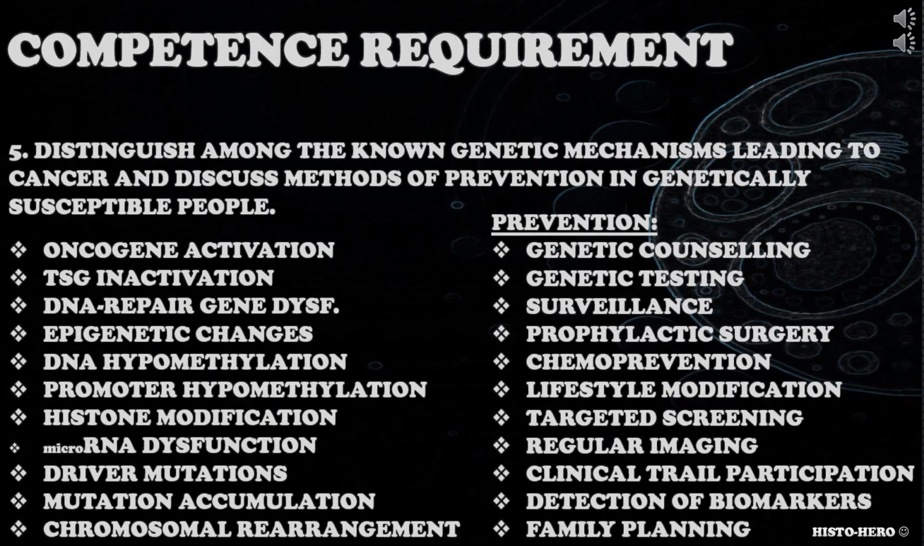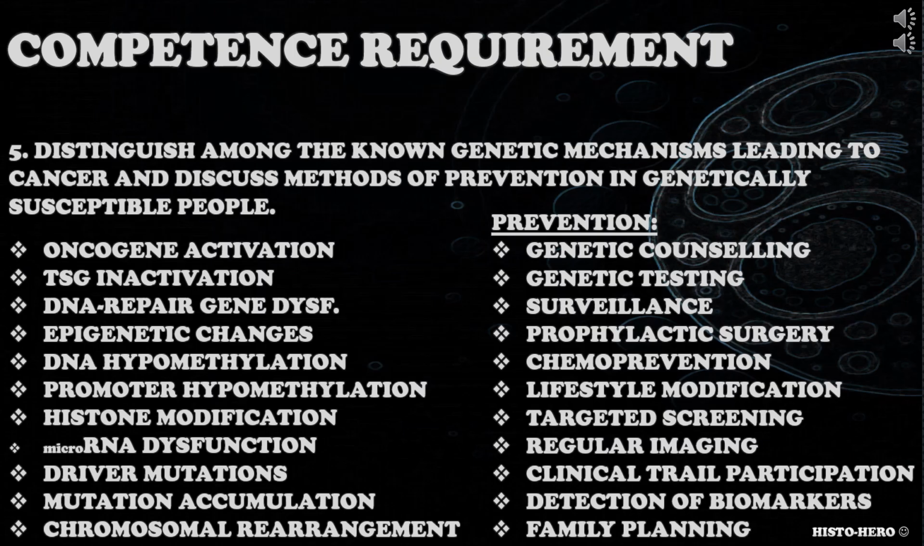The fifth competence requirement is distinguish among the known genetic mechanisms leading to cancer and discuss methods of prevention in genetically susceptible people. Candidates should be able to distinguish genetic mechanisms that can lead to cancer and possible prevention methods. Can the candidate name genetic mechanisms that can lead to cancer? Can they list prevention methods used in genetically susceptible people? When addressing this competence requirement,